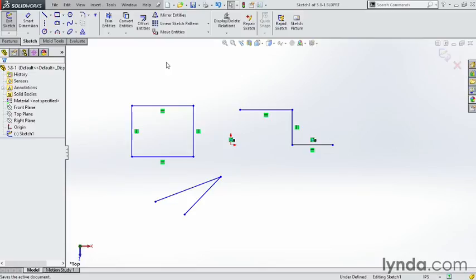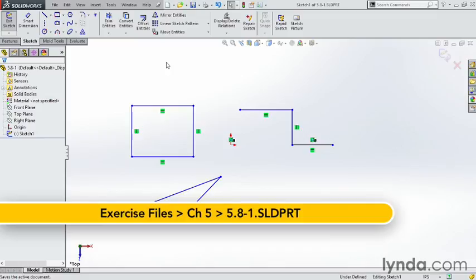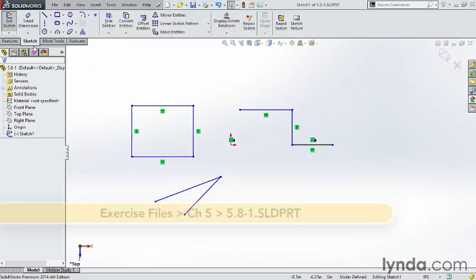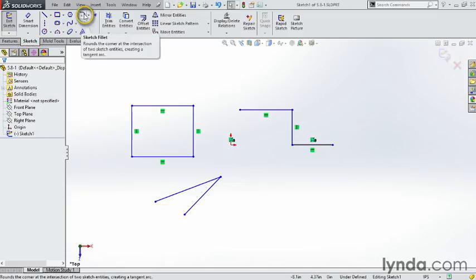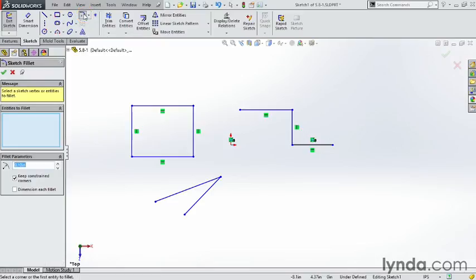If you want to add rounded or chamfered corners to your sketches, we have a couple great tools within SOLIDWORKS Sketch Tools to do so. Let's go up to Sketch, click on Fillet, which is this one here. Click on that, and come down here and type in the size of the fillet you'd like to use. I'm going to go ahead and type in 0.25, and then click on Entities to Fillet, which is a pretty